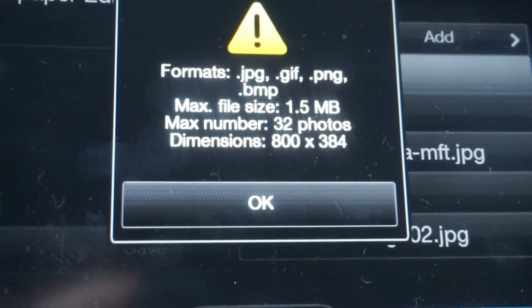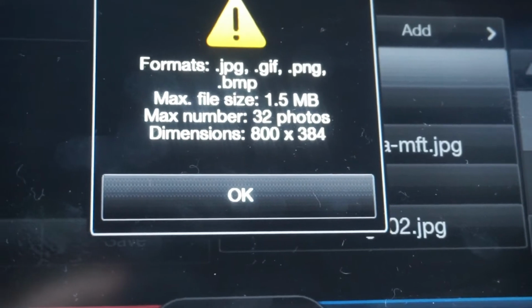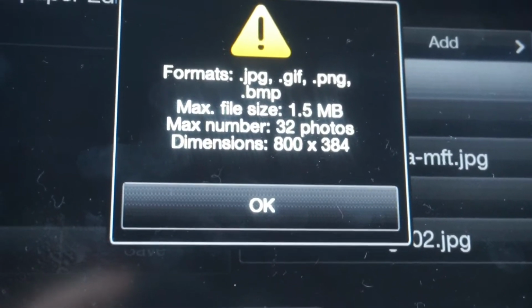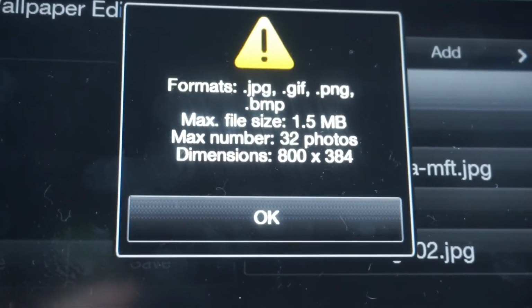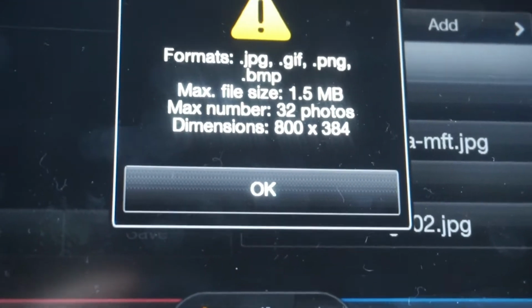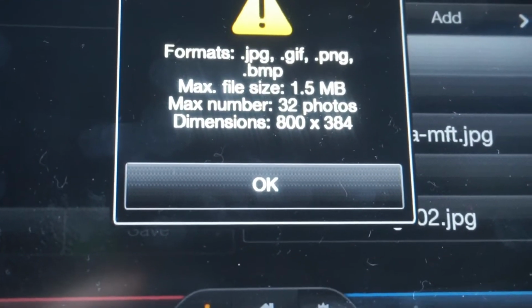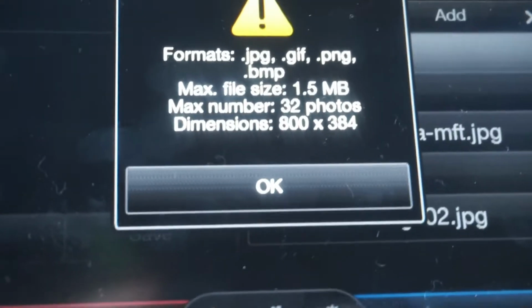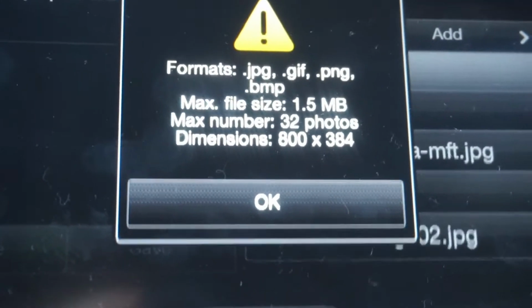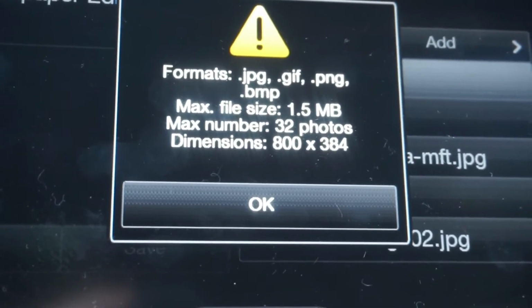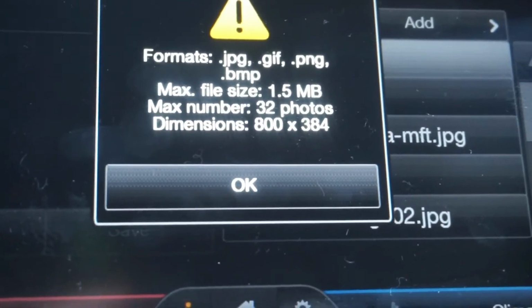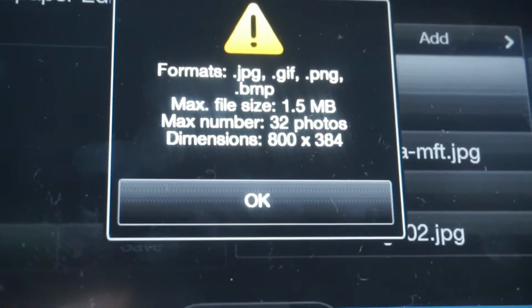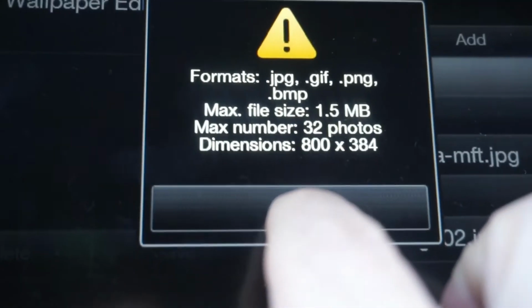Now I tried this a few times after reading people having problems. If you make a file, say in Microsoft Paint, and just take a picture off Google, and you resize it to 800 by 384, it probably won't work. And I think that's because that's the max size. I could be wrong, but that was the problem I was having. So I have gone back in and actually changed it to 799 by 383, and that worked for me. But if we go in and hit OK,